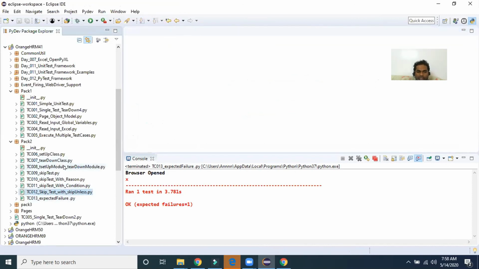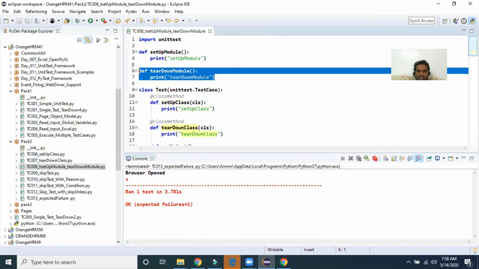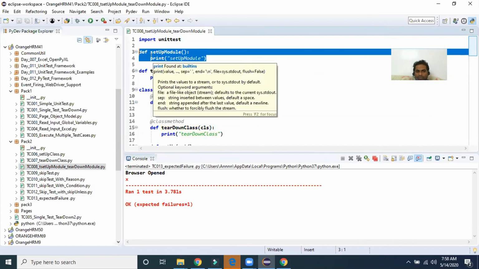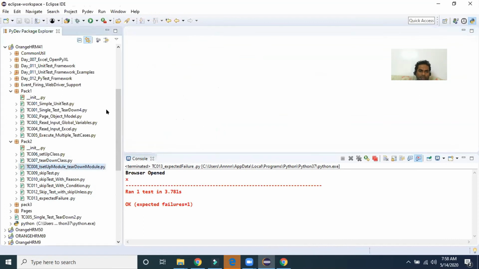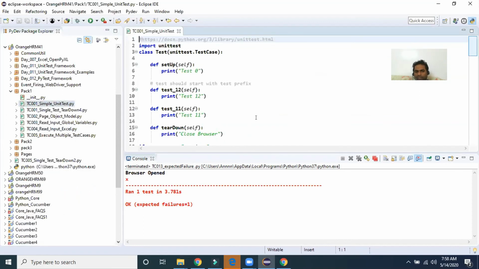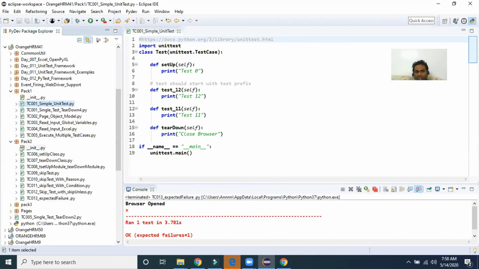We have already seen the class method decorators, setUpClass and tearDownClass, and also setUpModule and tearDownModule. So we have seen how the program executed. Most people will use only these concepts in the Python unittest framework. So that's it on the complete unittest framework.